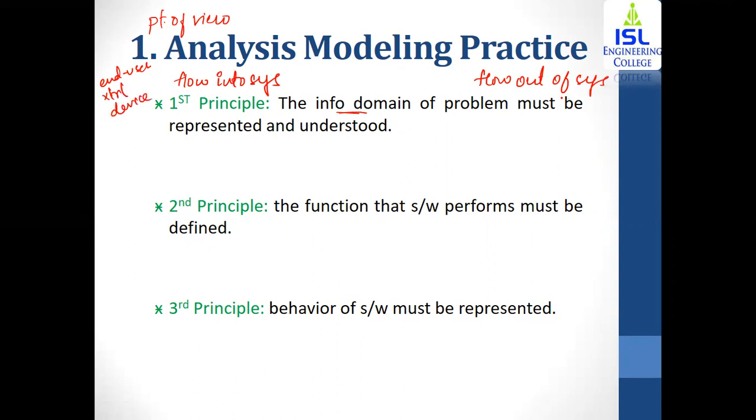Whereas the information that flows out of the system is going to be a data store, that is where you're going to store your data, the data storage, the network interface that is used to transfer the data, or the different reports or graphs that are prepared by taking the input from the data that flows into the system and flows out of the system. All of these things need to be represented and understood. Represented means each of the things needs to be documented or graphically represented.